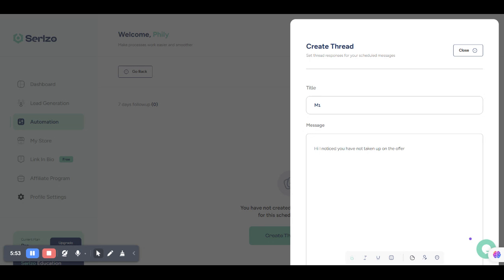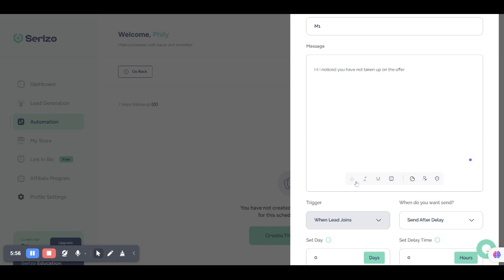Okay, this could be the message, and whatever it is, it could be long, it could be short, your decision to make. Remember how to use the bold, italics, underline, the emojis,